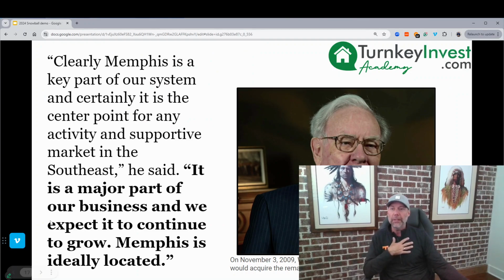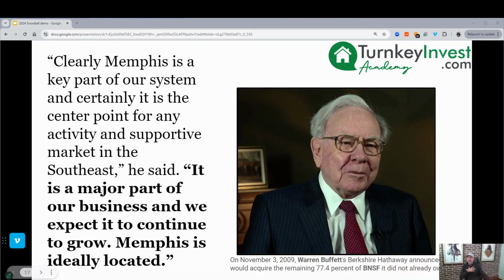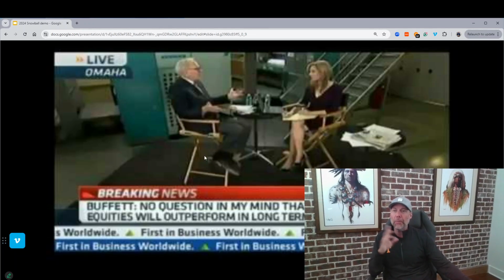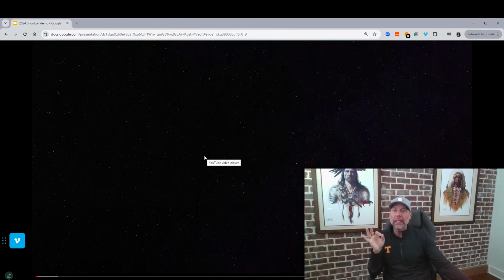So Warren Buffett quoted here as saying, clearly, Memphis is part of our system, and certainly it is the center point for any activity and support market in the Southeast. He said, it is a major part of our business, and we expect to continue to grow Memphis. Memphis is ideally located. So just our location gave us the biggest upper hand in...